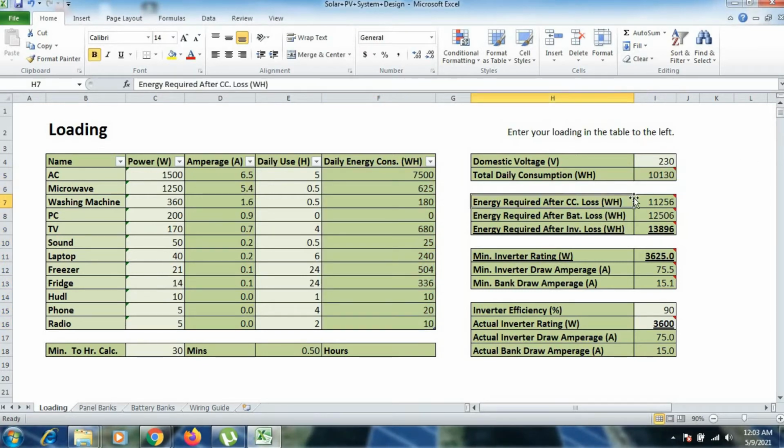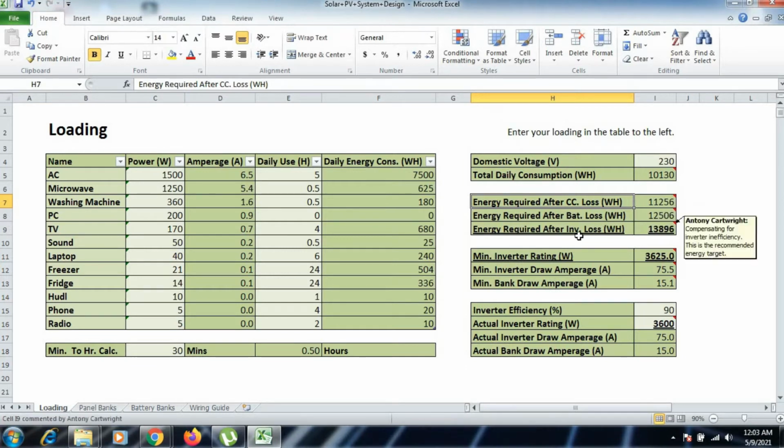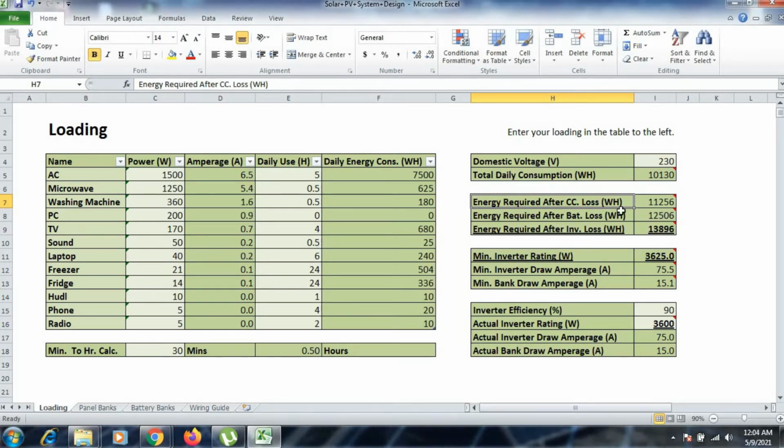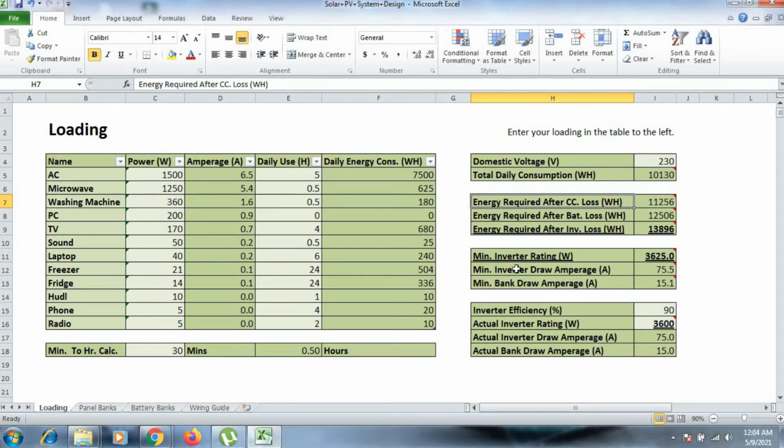After our charge controller loss, it will become 11,256. After our battery losses, it will become 12,506, and after considering the inverter losses, it is 13,896. So this 13,896 watt hour is the energy required for this particular house considered in this Excel sheet to fulfill its consumption.